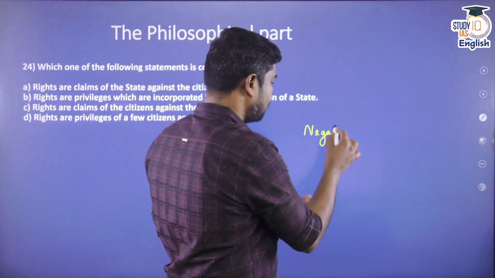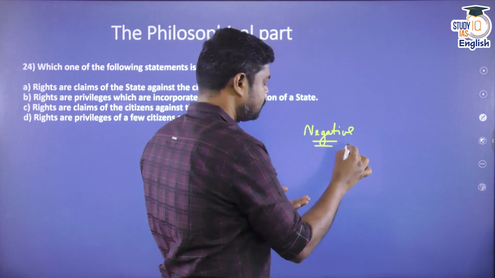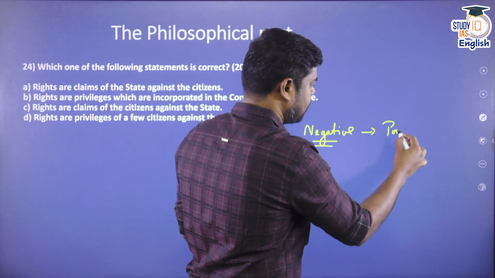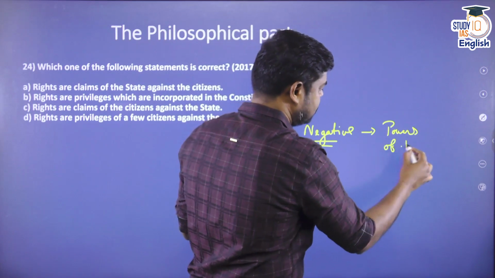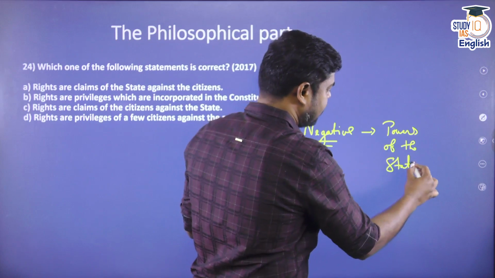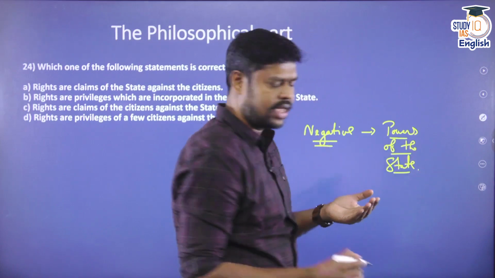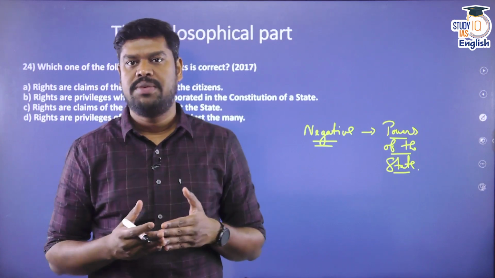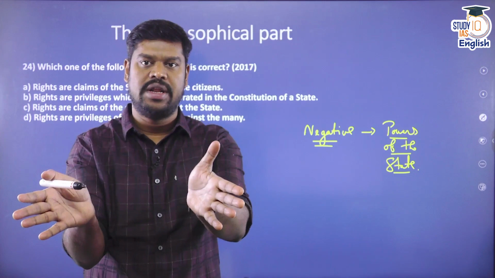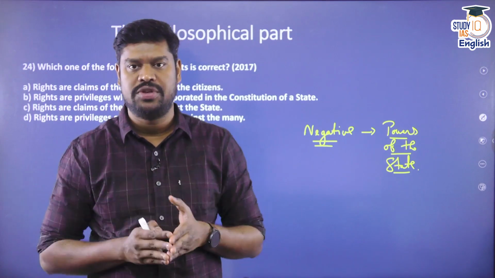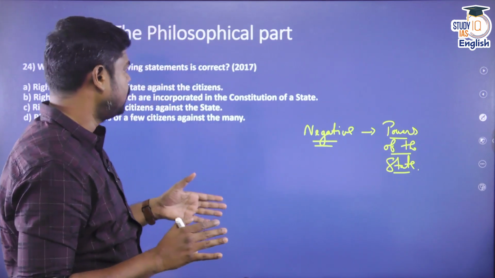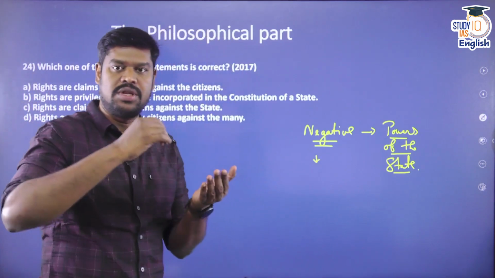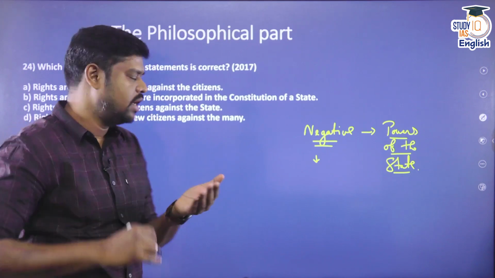Now, why do we say that the rights are negative in character? In fact, not all the rights are negative in character. We say it is negative because it puts some restriction upon the powers of the state. It restricts the powers of the state, and that is why we call the rights negative. There are certain rights which are positive in character also. Say for example, the right to education, Article 21A, which is not putting any restriction upon the powers of the state. Rather, it is asking the state to provide education to all children up to 14 years of age. But most of the rights are negative in character. So, when I say it is negative in character, it is a restriction upon whom? It is a restriction upon the powers of the state and not upon the individual.